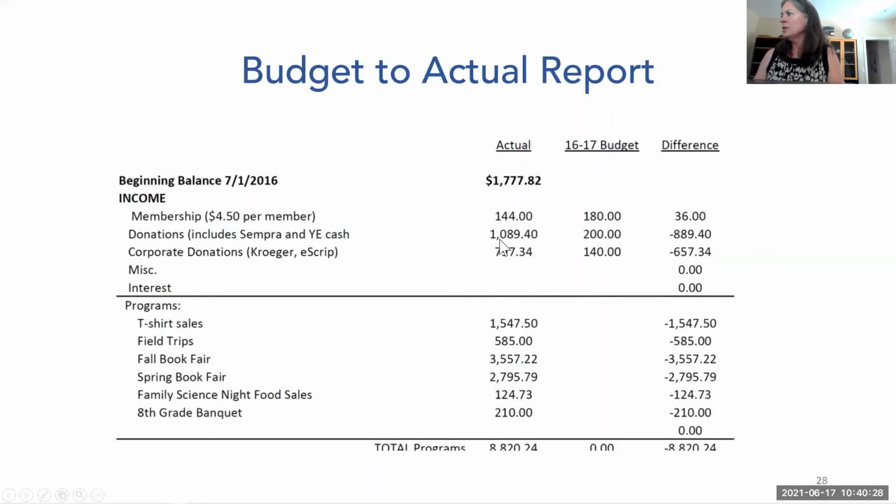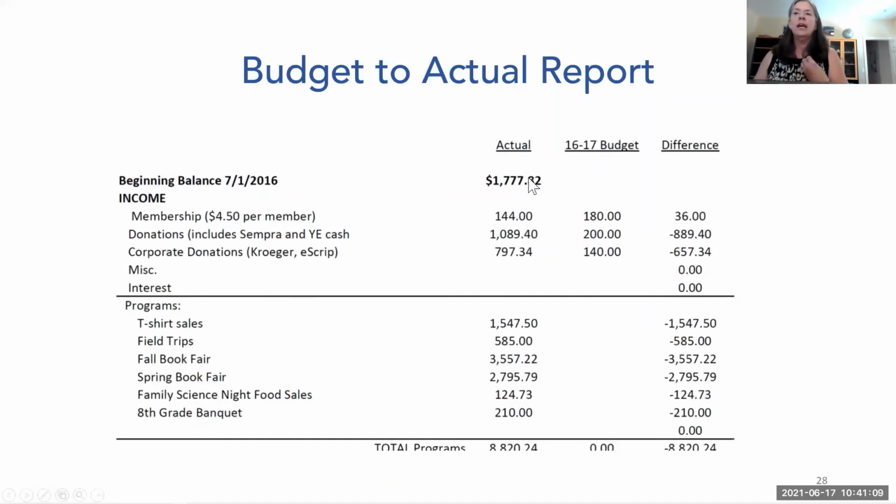And then you can tell, obviously with this particular report, the donations are doing fabulous, $1,000 over their budget of $200. So that's wonderful, and that's a great reason to change the budget, because now you can raise this amount since you've already taken in $1,000. Same with corporate donations. This group was killing it. They must have been knocking on everybody's doors. But see, there's no budget amount here. So this should actually be budgeted so that you could tell whether or not these events were within what you had planned.